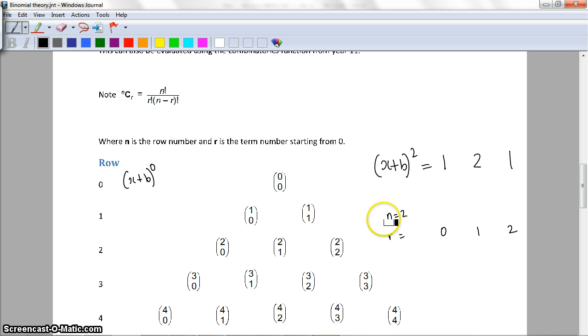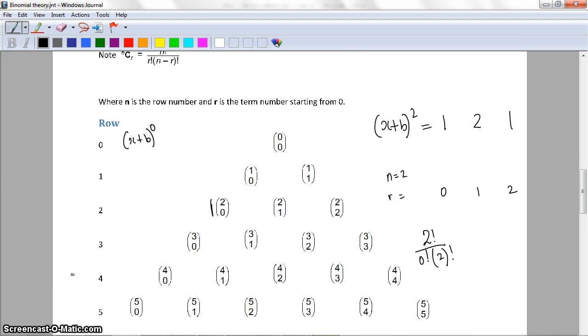So you can use this formula up here, and we can say 2 factorial over, let's work out the first term, r factorial, so that's 0 factorial, over n minus r, which is in fact 2 factorial. So it's 2 factorial over 2 factorial, and remembering 0 factorial is 1, we get the answer of 1,